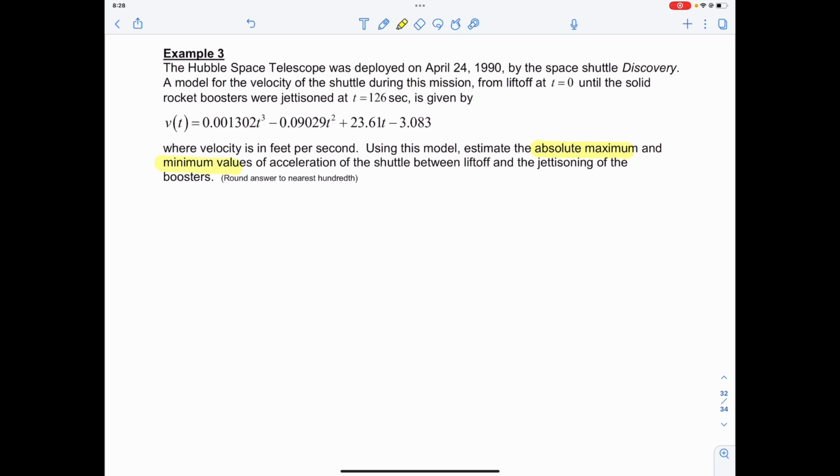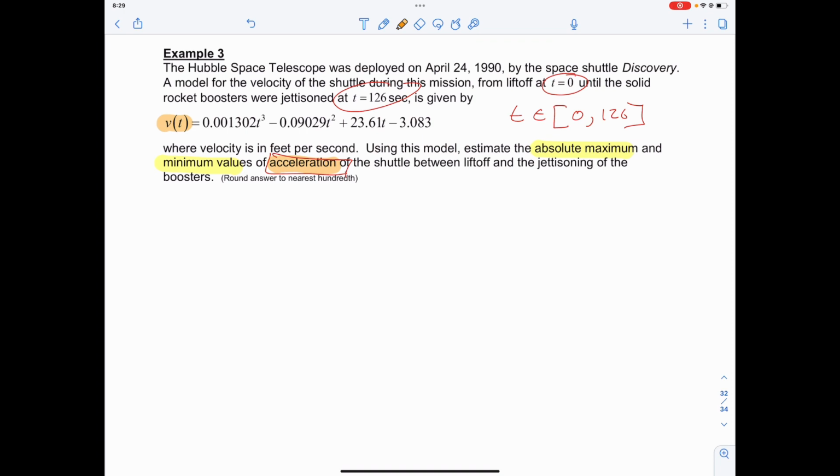Using this model, estimate the absolute maximum and minimum values of acceleration of the shuttle between liftoff and the jettisoning of the boosters. So, because it has the beginning and the ending here, then we know that t is an element of 0 to 126. And for this absolute maximum minimum, we're going to utilize endpoints. The second thing you have to be careful of is it's asking for acceleration,